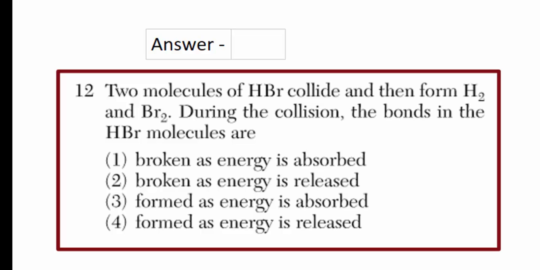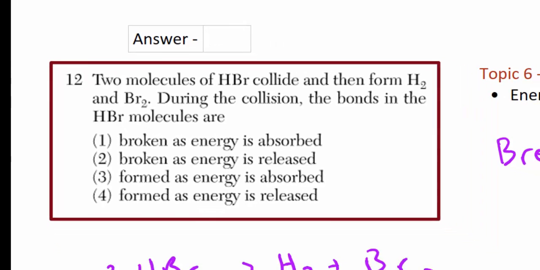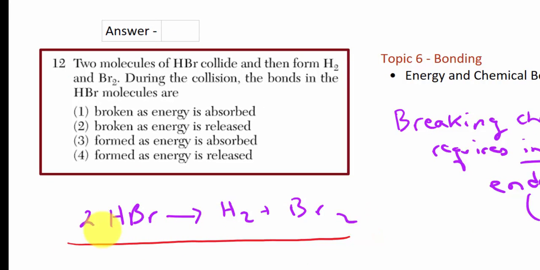Question 12. 2 molecules of HBr collide and then form H2 and Br2 during the collision. The bonds in the HBr molecule are... Well, to analyze this question, I first wrote out the equation that shows the reaction taking place. We're starting with HBr, and we're winding up with H2 and Br2. So the first thing that has to happen is that the bonds between the H and the Br must be